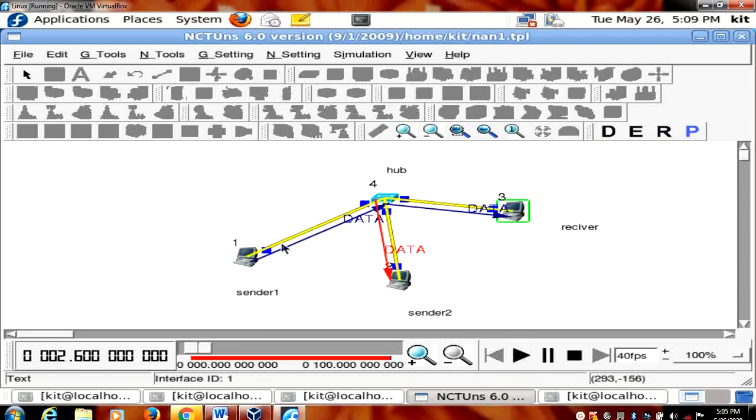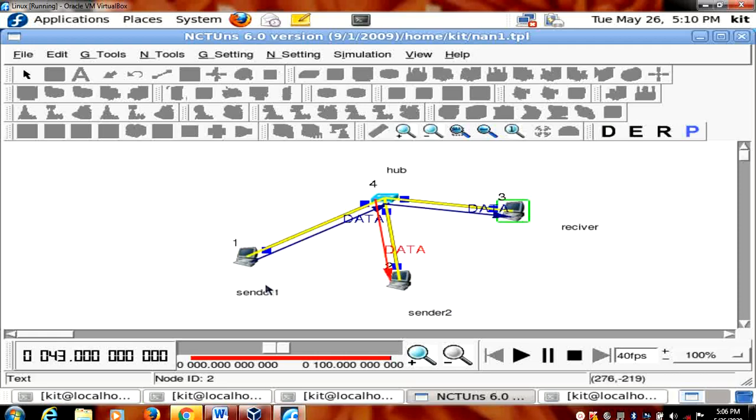See, you may observe the lines here, right? From 1 to 3 you have a yellow line, from 2 to 3 also you have a yellow line. From 1 to 3 you don't have a direct connection, from 1 it reaches 4 and then 3. So the yellow line indicates the connection establishment, and you may observe from 1 to 3 you have a blue line. The blue line indicates that the data is transferring from sender 1 to receiver. The red line indicates that sender 2 is not sending anything yet, because we have given the time slot. For sender 1 we have given 0 to 50, for sender 2 50 to 100.